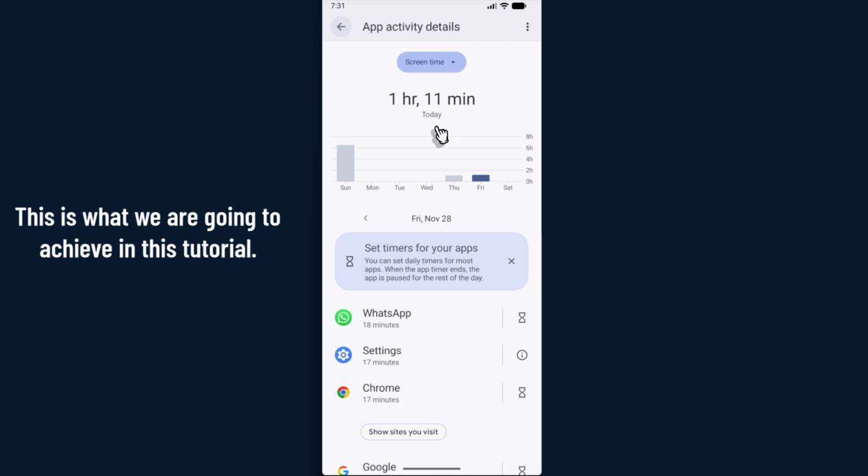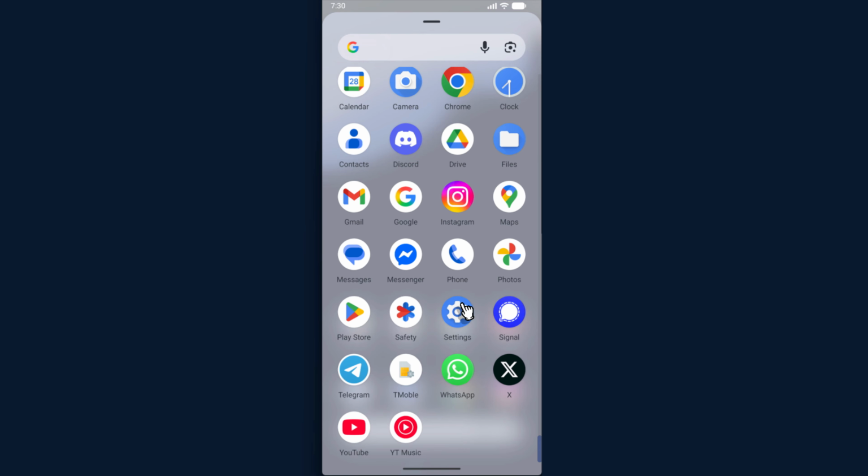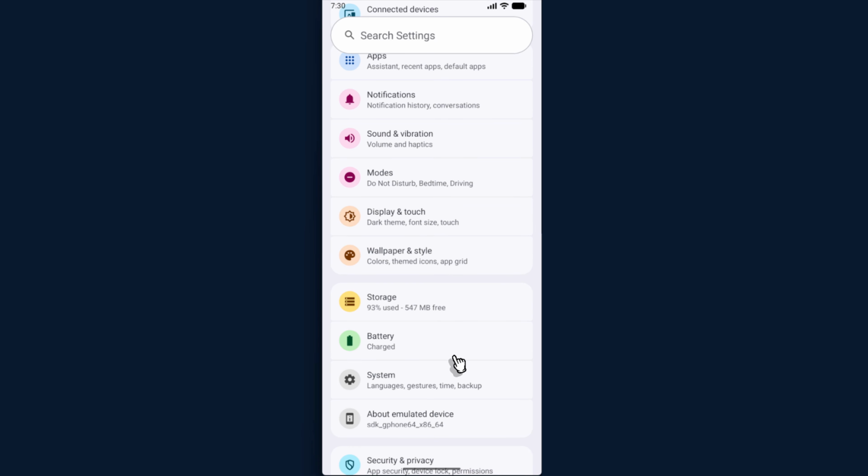In this video, I'll show you how to check your screen time on any Android phone. This works on all brands including Samsung, Xiaomi, Realme, Vivo, Oppo and more. Let's get started. Go to settings, scroll down and tap